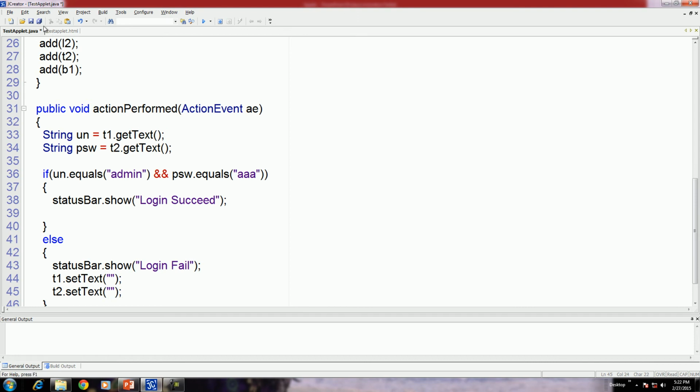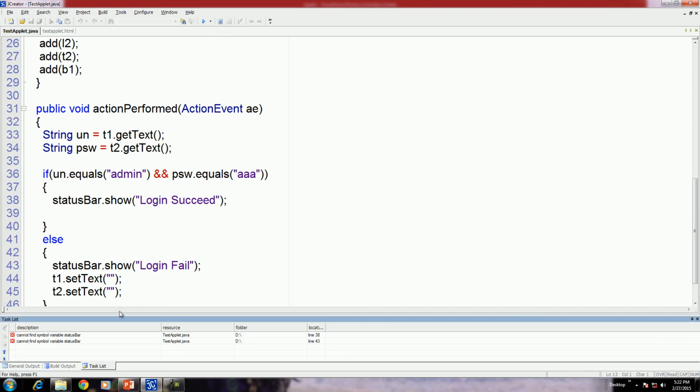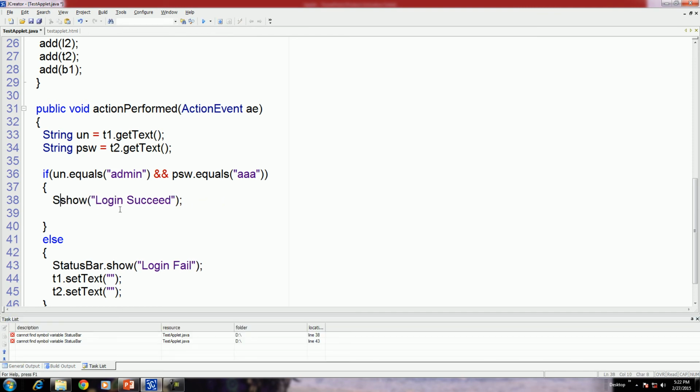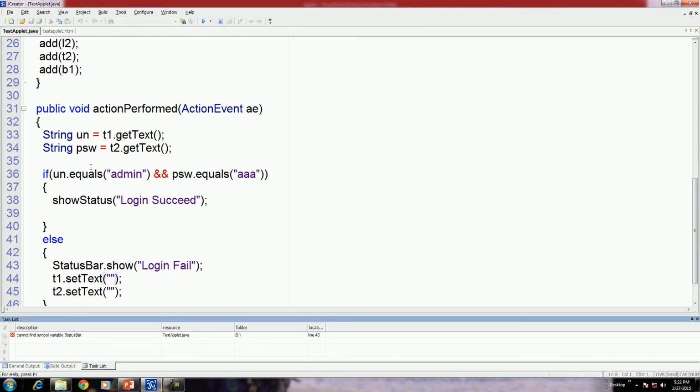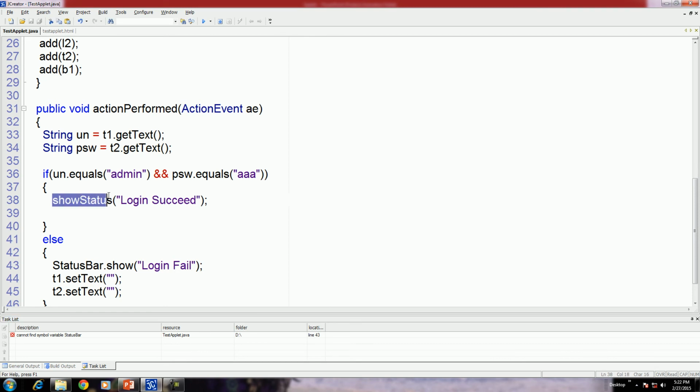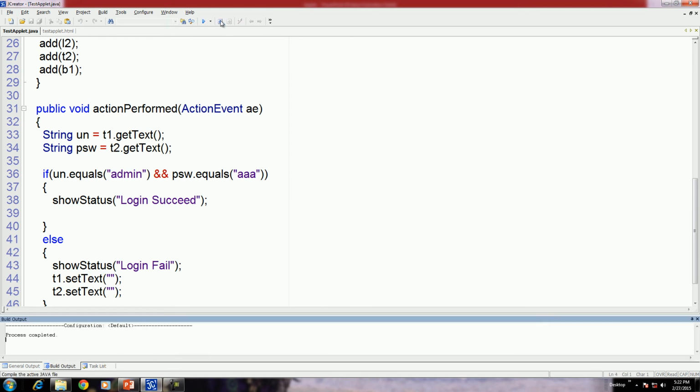Let us see what happened. Compile it again. I think the method is showStatus. Let us check it. Okay, right, the method is showStatus. I can run this file.